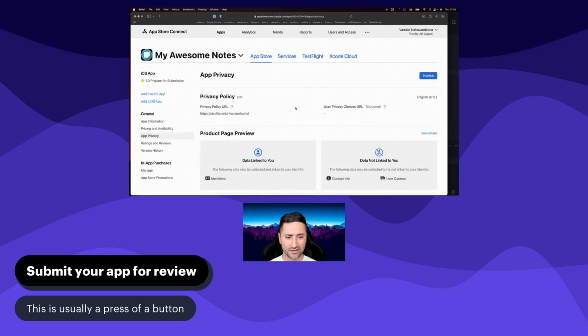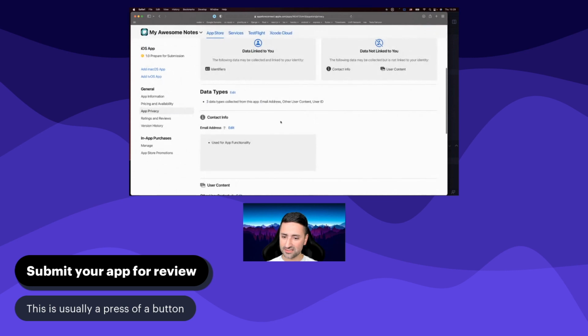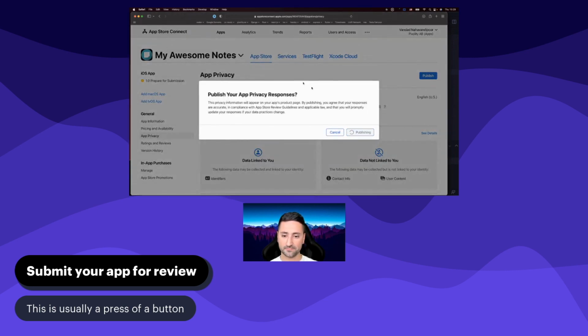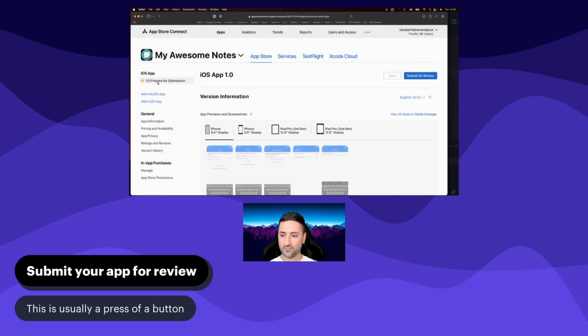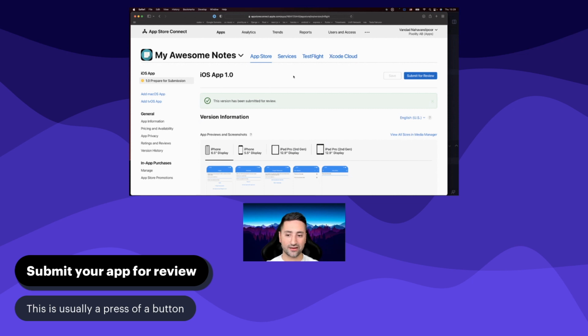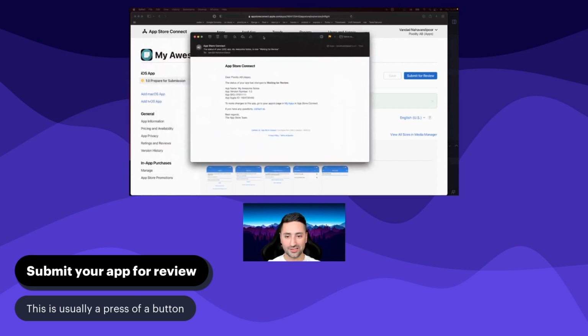Let's go to app privacy and see if we've missed anything. It doesn't seem like it, but what we've forgotten is to actually press the publish button. So let's just publish that. Okay, then we go back in here and say submit. That's great. So now your application is submitted to the App Store, and a reviewer from App Store Connect is going to have a look at your application so that they can confirm that it works according to the information that you've provided. And I can see that I actually got an email from Apple that looks like this,